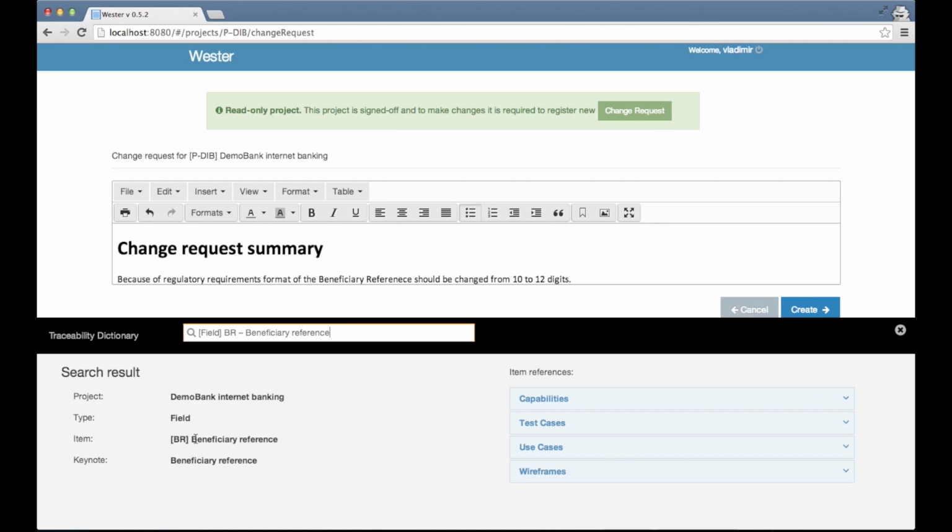It shows us all the links to the found entity. In other words, we can see all the capabilities which use the beneficiary reference field: payments, beneficiaries, social banking. We can see a list of test cases involving the beneficiary field. We can see that the beneficiary reference field is used by PaySingle, Uni beneficiary group, and our newly created Add Facebook